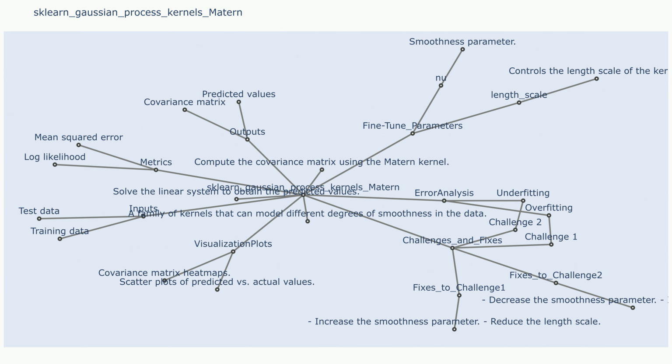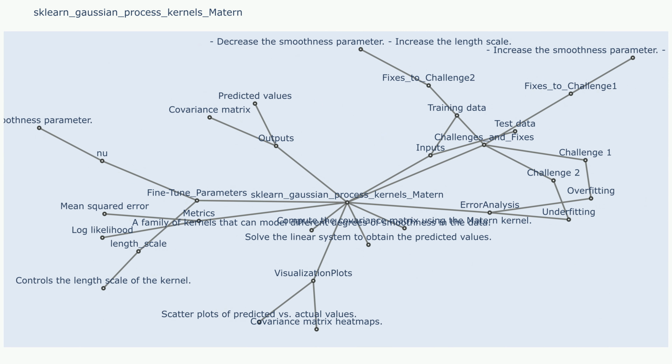Challenge 2: poor performance on data with complex dependencies. The Matern kernel may struggle to capture highly nonlinear relationships in the data. Sample use case that resulted in challenge 2: using a Matern kernel to model a dataset with strong periodic patterns. Fixes to challenge 2: